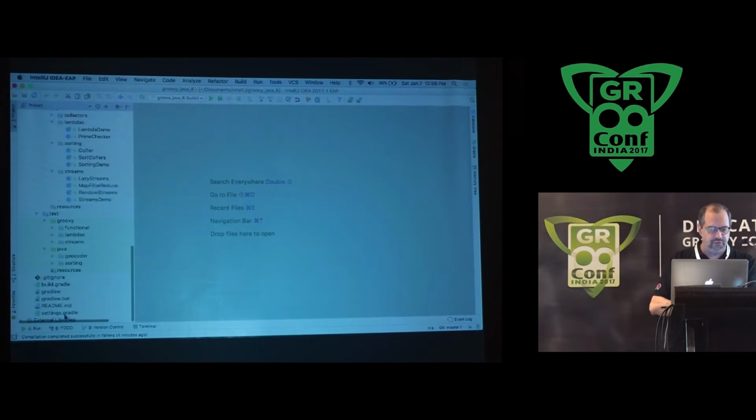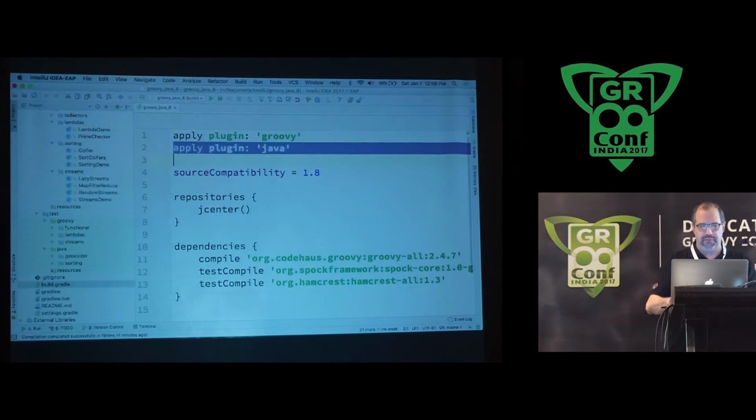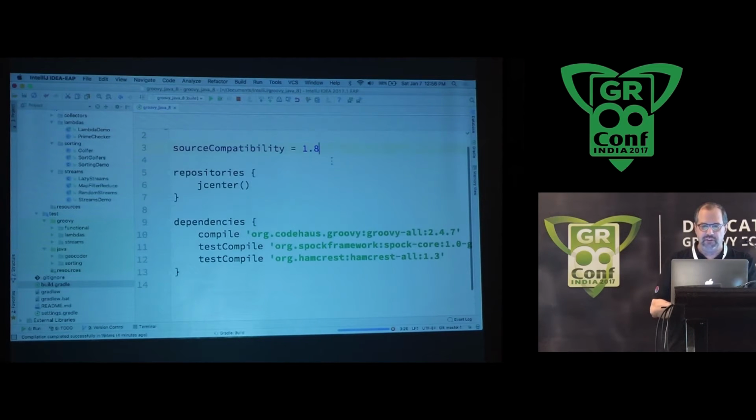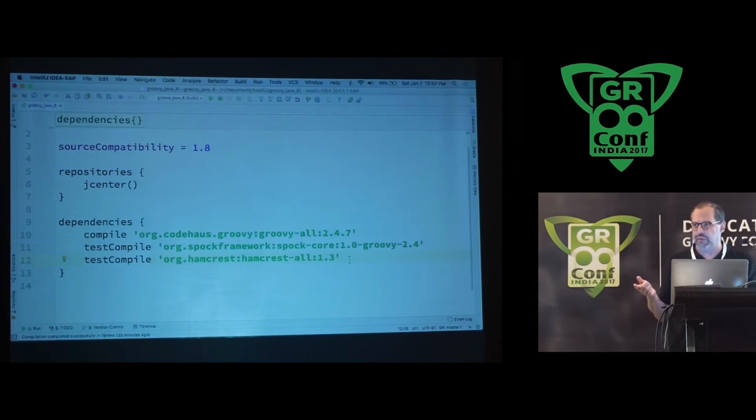Again, for this crowd, I should start off by showing you the Gradle build file. So I've got the Groovy plugin, and oh geez, this was generated, so I don't need that. The Groovy plugin, of course, includes the Java plugin. I did specifically set the source compatibility to 1.8, and I'm using JCenter for my downloads of the repositories. I'm using the latest Groovy. I also have Spock, which will bring in JUnit as a transitive dependency. And I think I did a couple of the extra additional Hamcrest matchers for things like big decimals, so that the test could be a little bit more readable. But you see, there's nothing special there. I'm not using any major third-party libraries or anything like that. This is not reactive streams or anything like that, but this is all native functionality that's built right into both